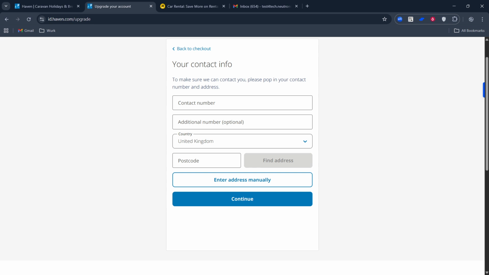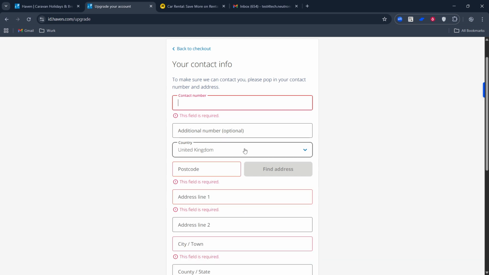If you get an error, double-check each character. Zeros and the letter O can be easy to mix up. And confirm your selection meets the code's conditions, then try again. Once the discount is showing and the new total looks correct, continue to payment and complete your booking. That's it. Your Haven discount is applied and you're ready to go.